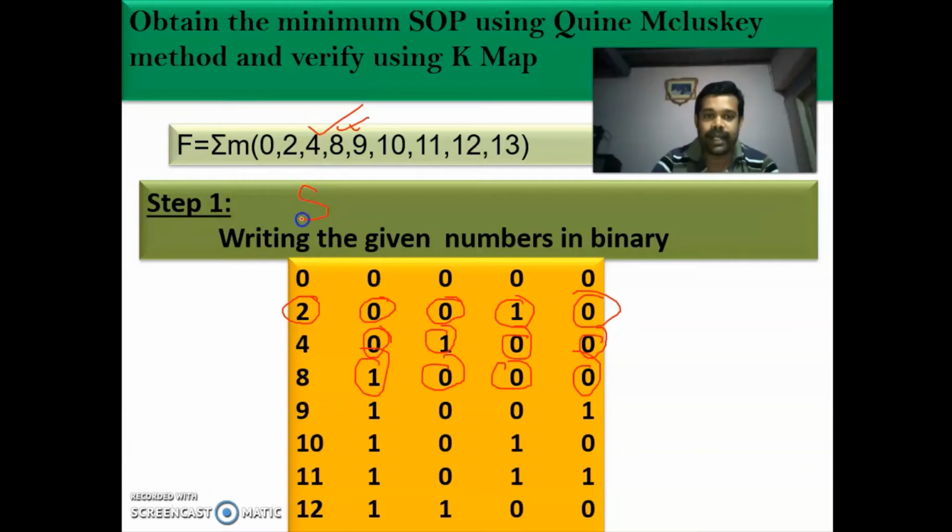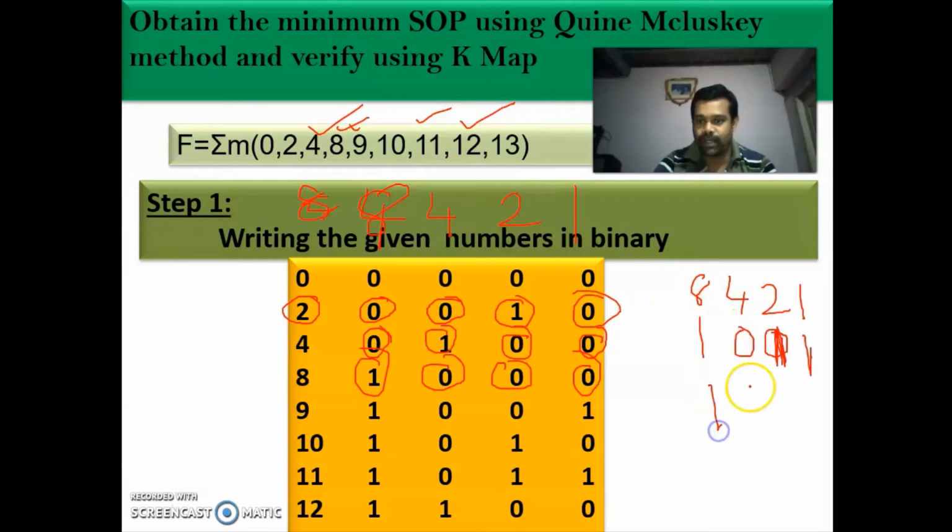So you write 8, 4, sorry, not here, here 8, 4, 2, 1. And you write the corresponding, here you can write 8421, you can write for 11, that is 8 plus 2, 10, sorry, 8 plus 2 is 10, plus 1 is 11, so 1 0 1 1. For 12, 8 plus 4 is 12, 1 1 0 0. So you have to convert all these